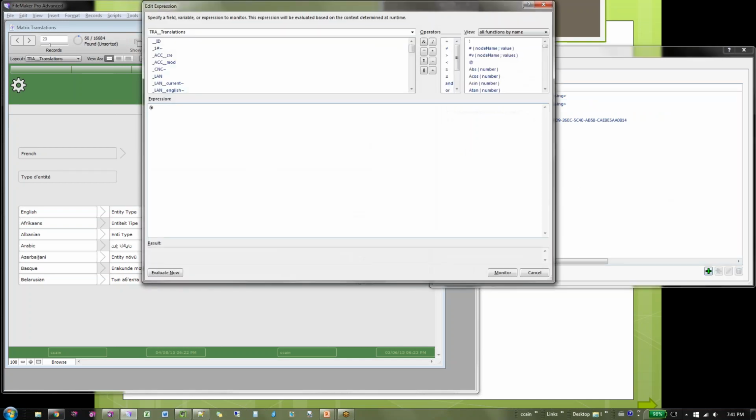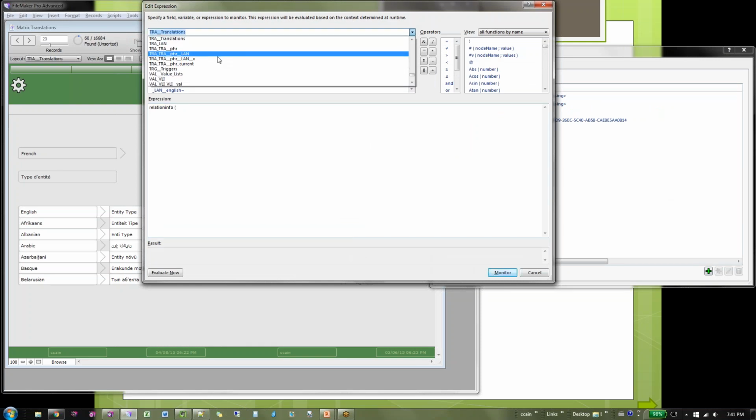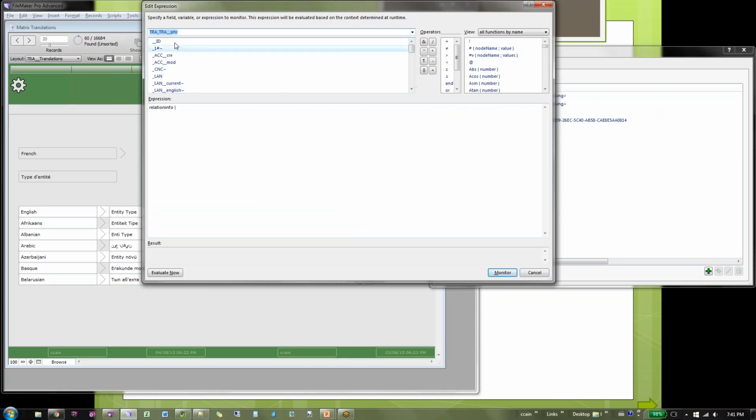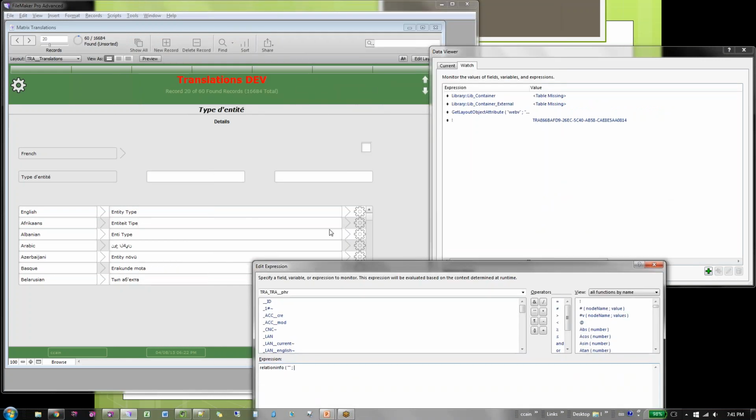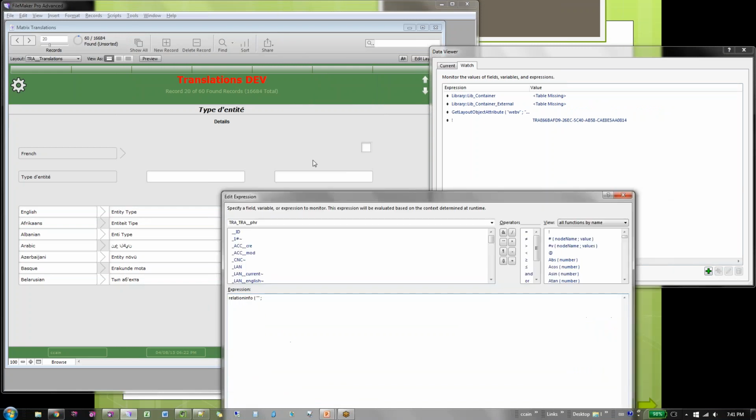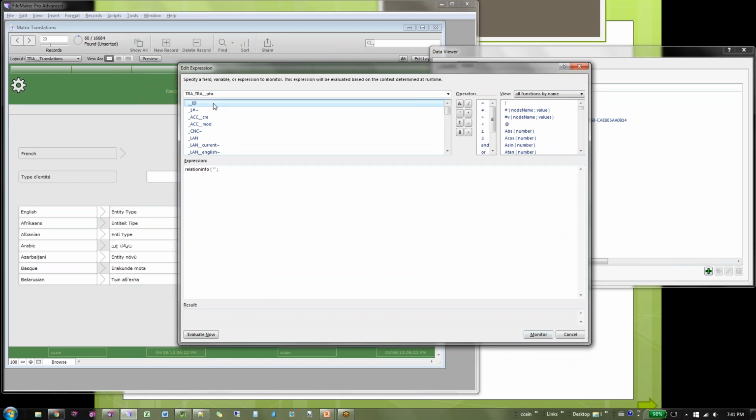So by way of example, relation info for, let's say, tra-tra phrase. This one right here. It's where this one's coming from anyway. Oh, okay, I only went out for a moment.